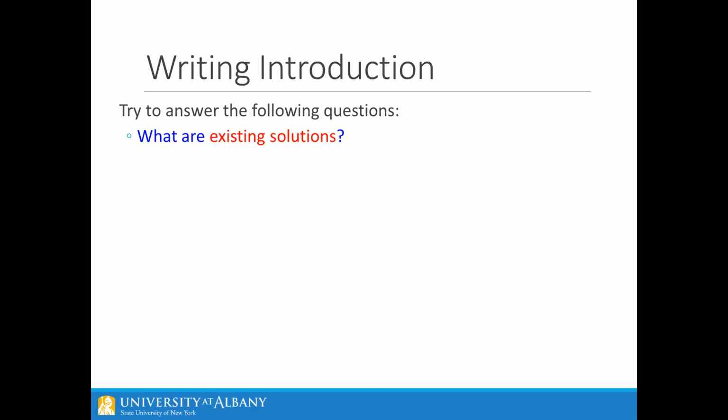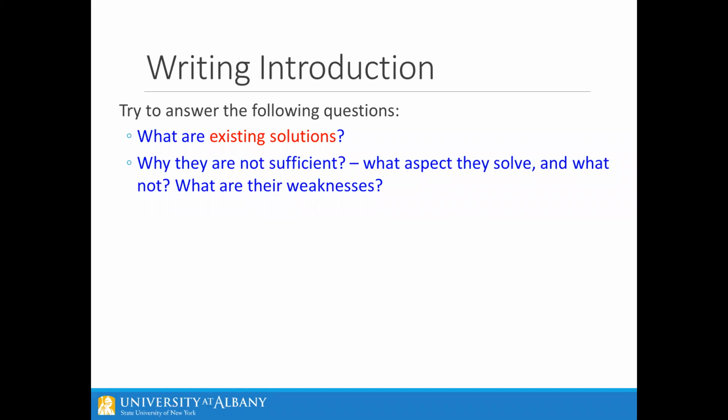So you have introduced what problem you're solving, why this is an important problem, and what are the challenges associated with this problem. Next, you would like to talk about the existing solutions. What people have done to solve this problem, and why these solutions are not sufficient, what particular aspect they solve and what not, and what are their weaknesses. So that could also come in 1 to 2 paragraphs,